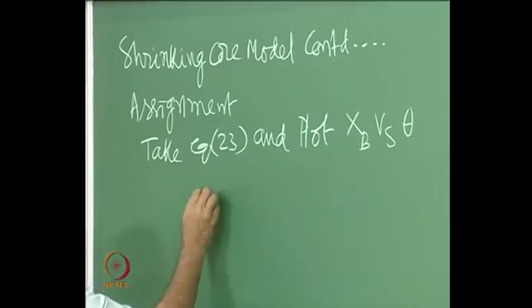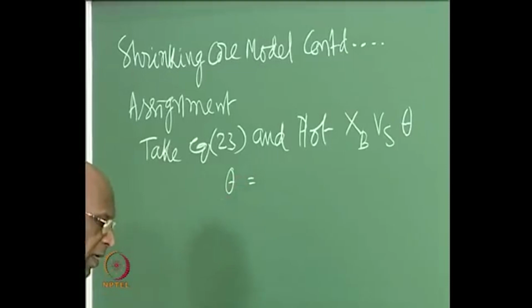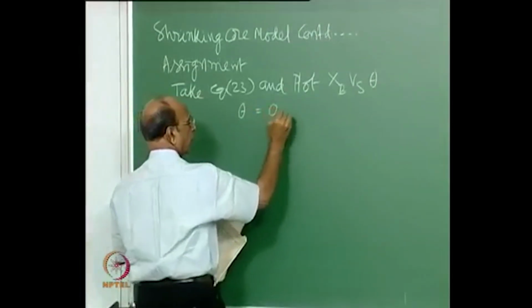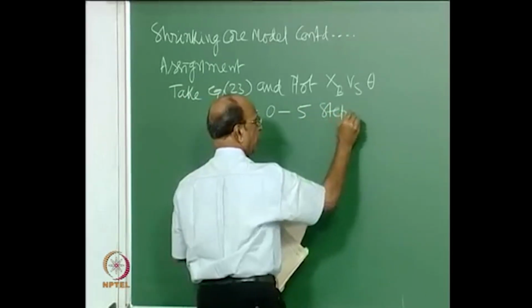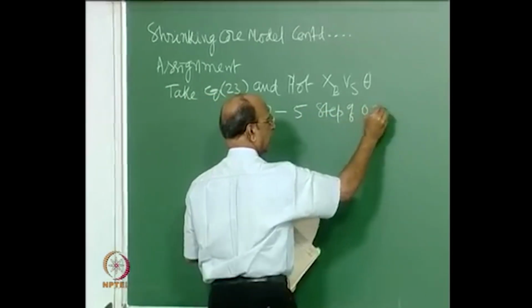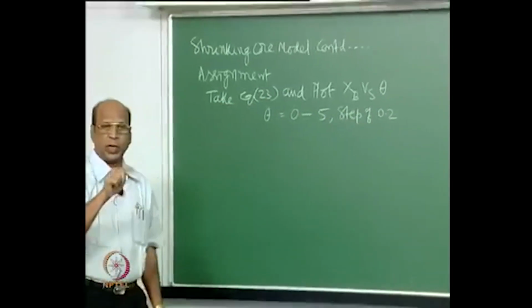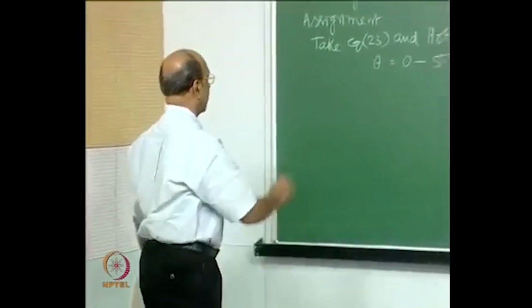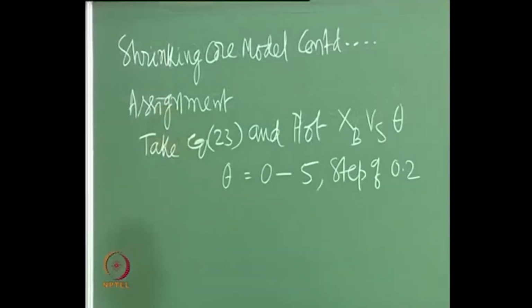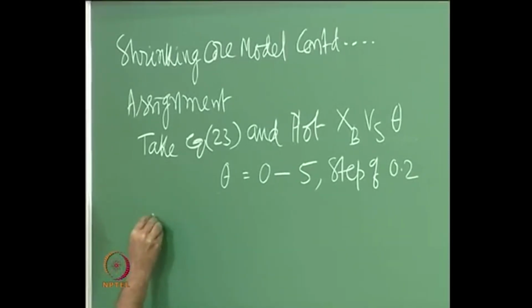Okay. So, the range for theta will be 0 to 5 in steps of 0.2. Okay, that means 0.2, 0.4, 0.6, 0.8, 1, 1.2 like that, right. And xb is of course 0 to 1 anyway, that I do not have to tell. So, what we have to do is